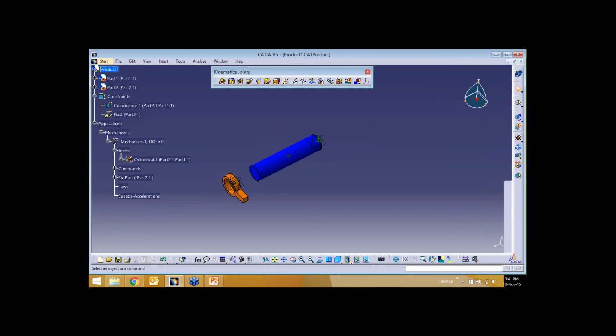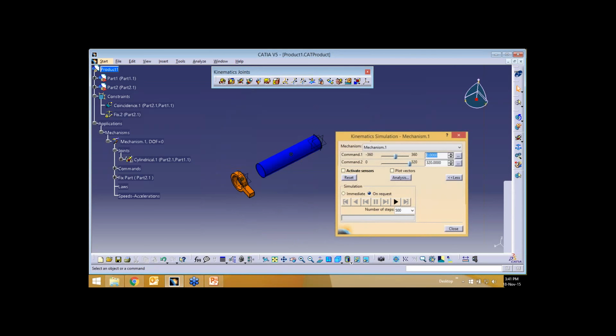At least one command parameter. Just reset and drag it, and I'm going to play it. I'll go for reset.